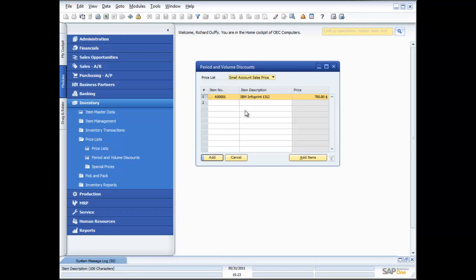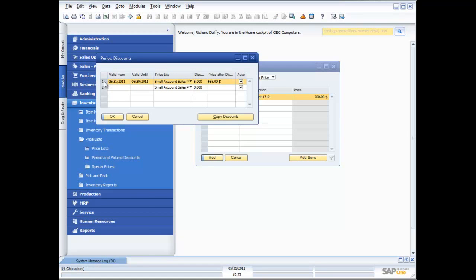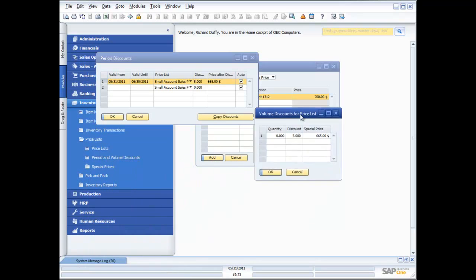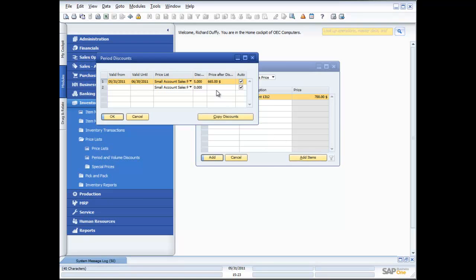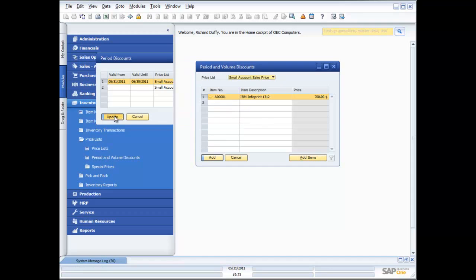So it makes it very, very easy for you to set up all of those different discount structures according to the parameters that you define, like the period of time. For example, you can even set the quantity. So simply by double clicking on that period of time, I can also add an additional discount. For example, let's say I don't want to give a percentage discount during the period of time, so I can update that,